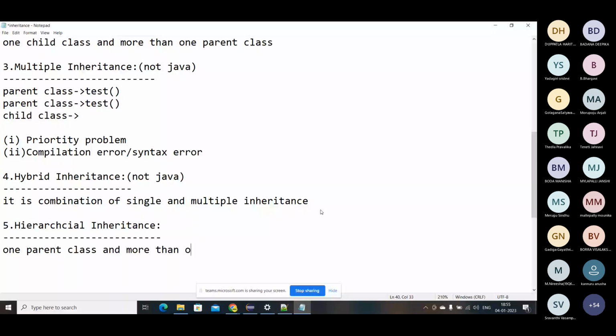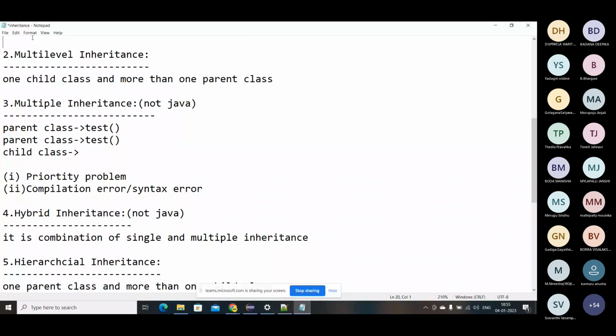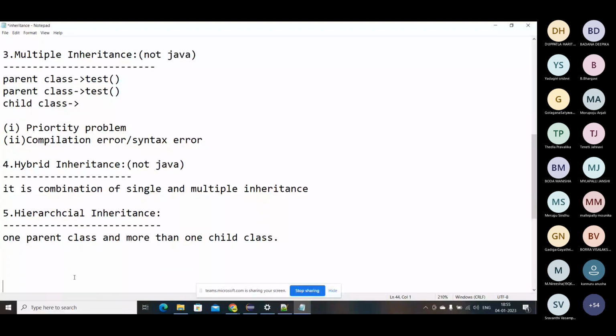I have one parent class and more than one child class. This is called hierarchical inheritance. It is the opposite of multi-level inheritance: multi-level is one child class and more than one parent class, but hierarchical is one parent class and more than one child class. So these are the key points we have.